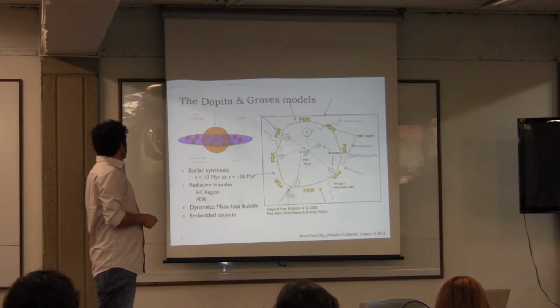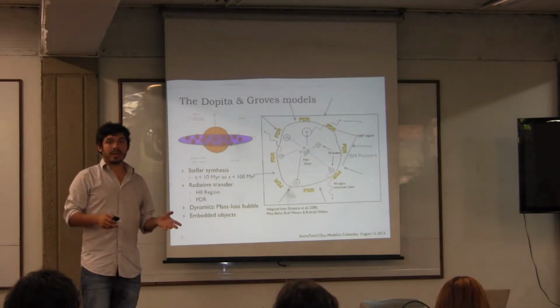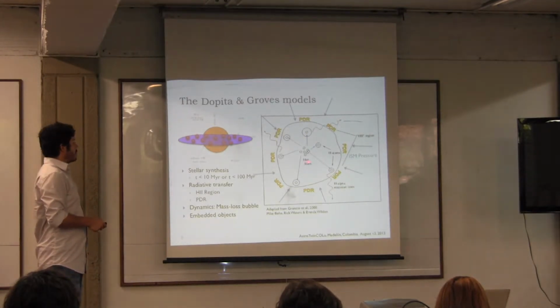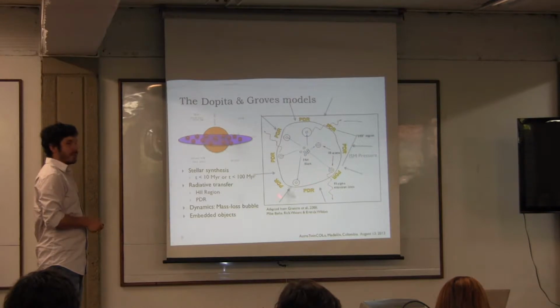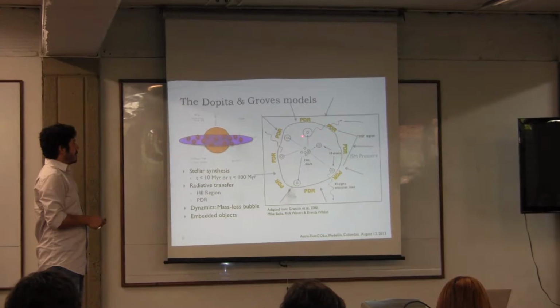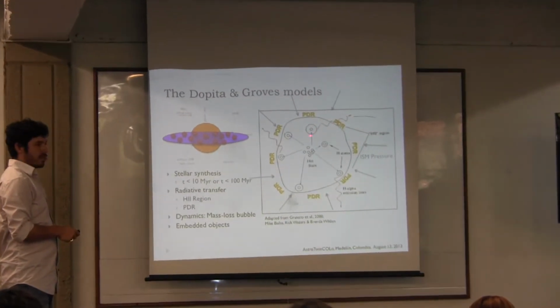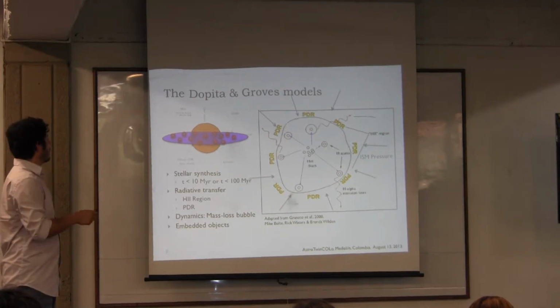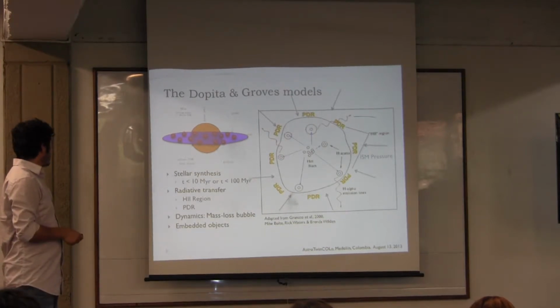So the way this works is we assume that a starburst is just a collection of H2 regions. What is an H2 region basically? Is a bunch of young stars, hot stars here, very massive stars that emit a lot of radiation, ionize the hydrogen and other gas species that are around here with the very energetic photons. Some other photons that are not so energetic or that are the product of recombination of these atoms go outside and modify the molecular material here, creating what we call photon-dominated regions, which is a whole talk by itself.